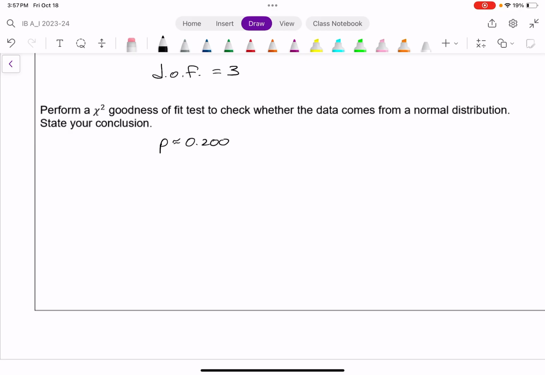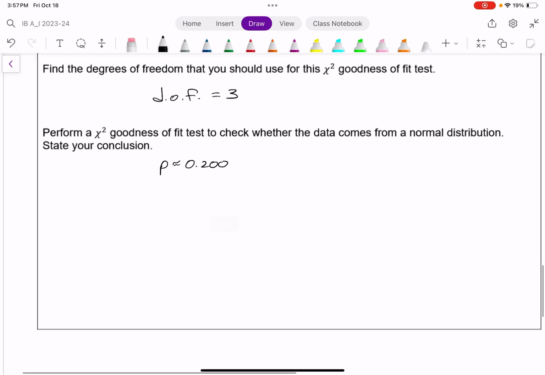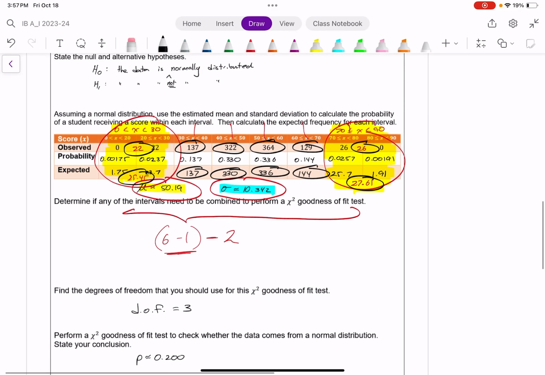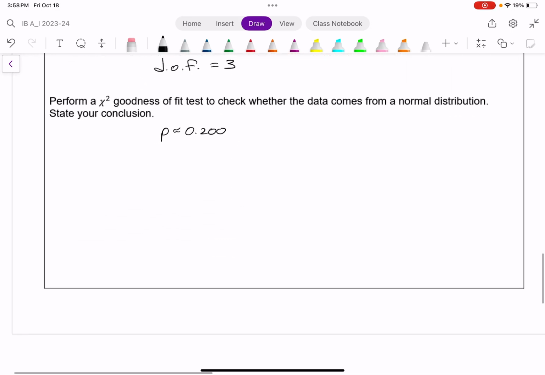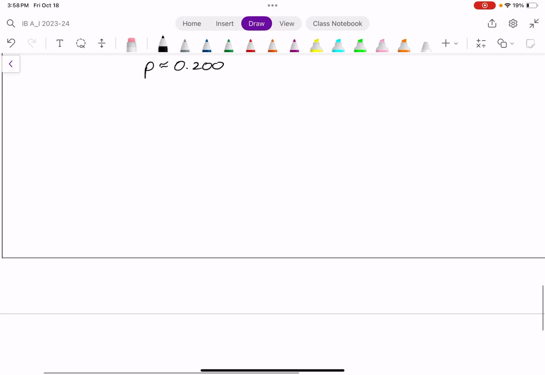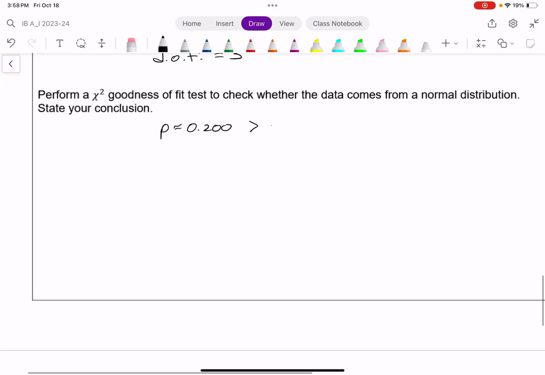Which means, again, we can imagine that if this data is part of a normal distribution, we'd expect to see these observed values roughly 20% of the time, which is significantly more than the 5% significance level, which means we do not have nearly enough evidence to reject our null hypothesis, so we fail to reject